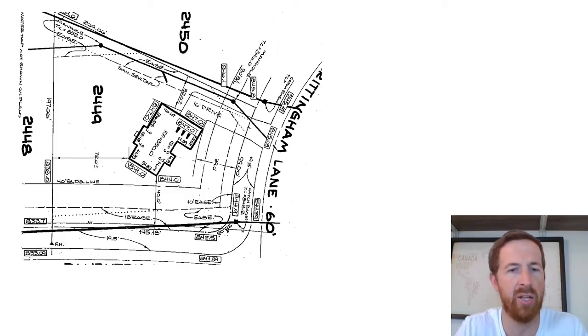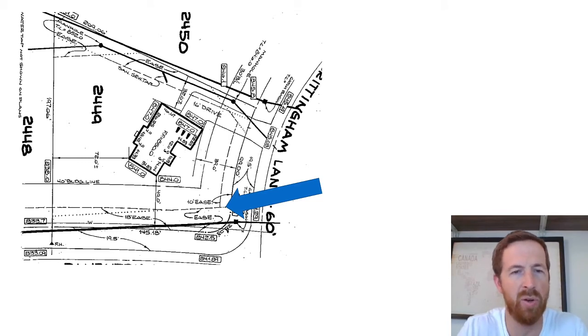This is a residential lot and you can see there's quite a few lines and it can be a little confusing, but it says 10-foot easement. A little further over it says 18-foot easement. So these are easements that go along a roadway there. You can also see up top